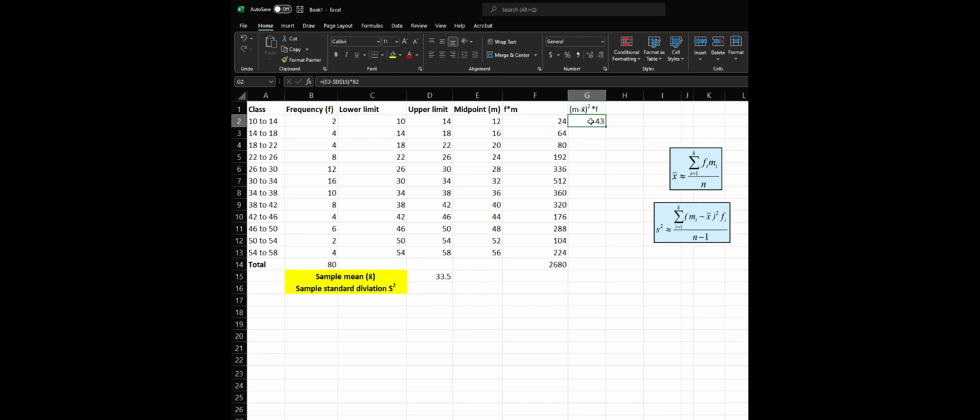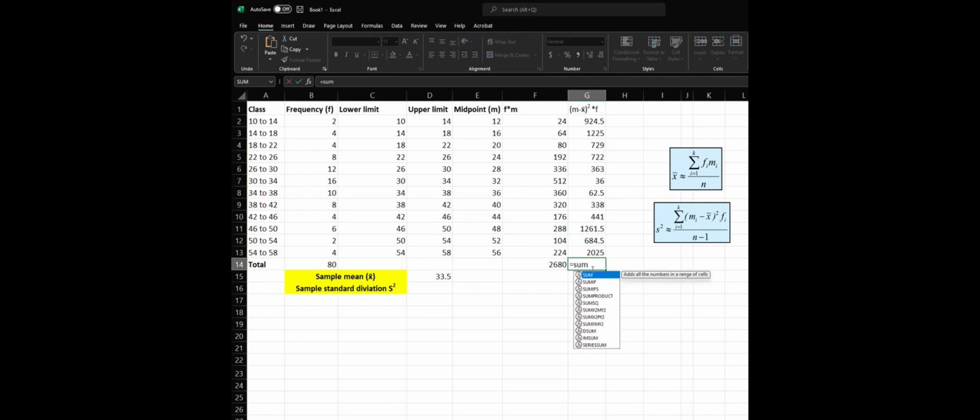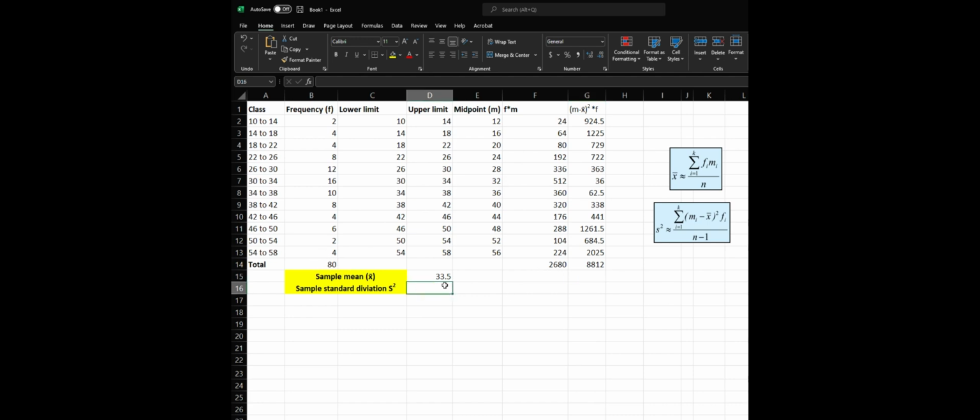Now, one thing that I forgot here is that this is actually squared. So one thing that I can do, I can do the power one, but just to make the things practical, I'm going to just repeat this so that we have it ready for us, and then we just basically drag it downward. So the summation of that is needed for our calculation. Now that we have this part, and we have the number of observations, which is the frequency, we can go ahead and